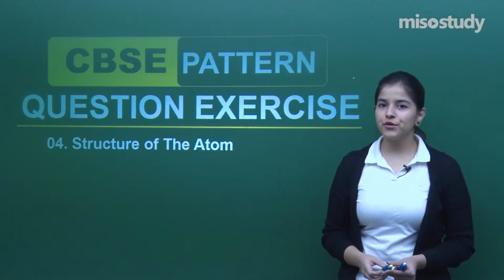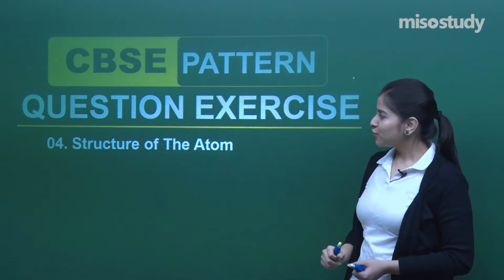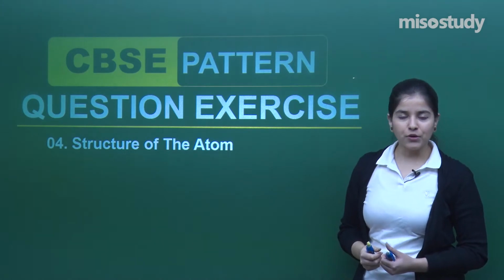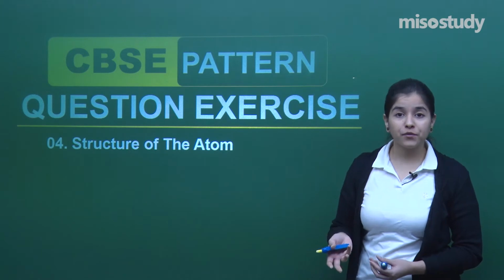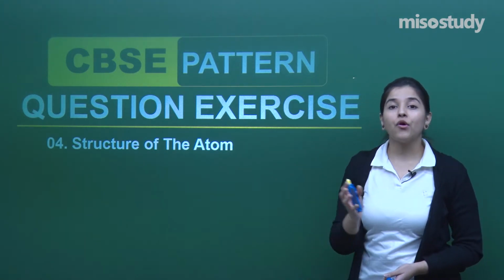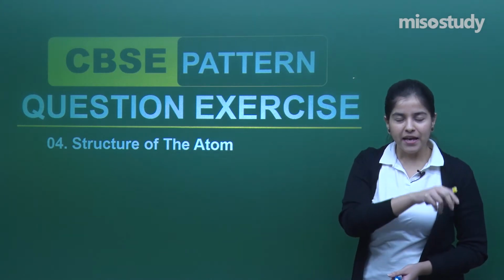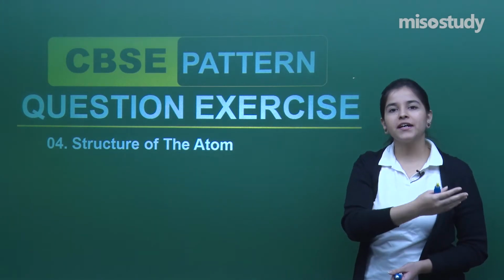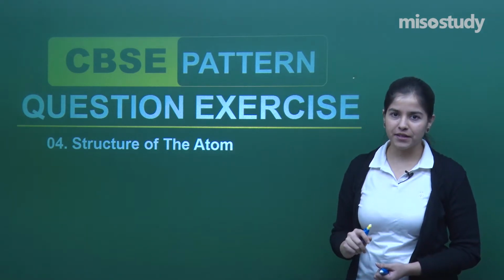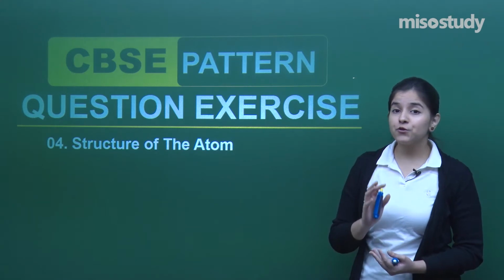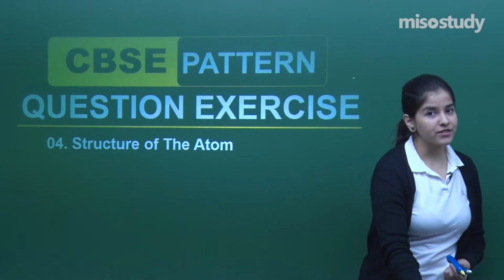So what I have brought for you today is a set of 10 questions, CBSE pattern exercise, for the structure of the atom. You need to revise all the concepts, which discoveries were made and at what time they were made. So you have to go on with a proper sequence, then the discovery of an atom and finally its structure and all the findings related to the atom. That is how we have to proceed in this particular chapter. And I am assuming that each one of you has revised all the concepts. So let us try question number 1.